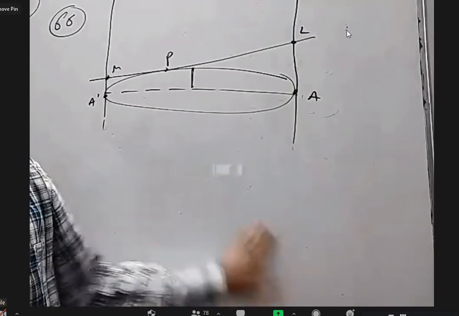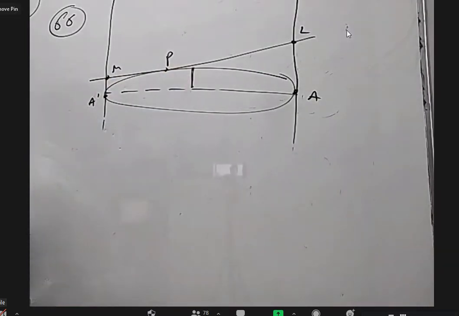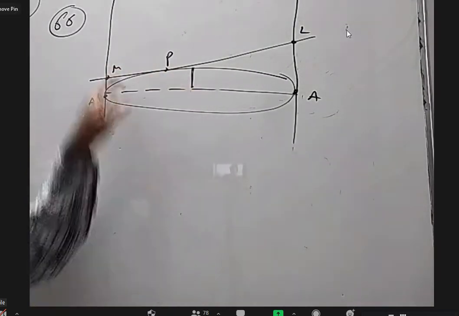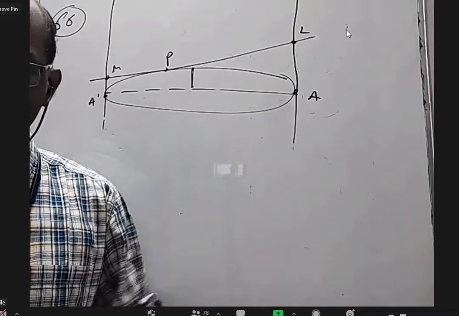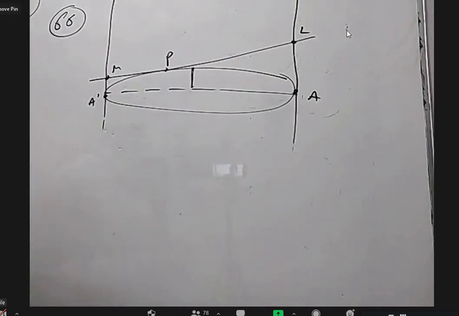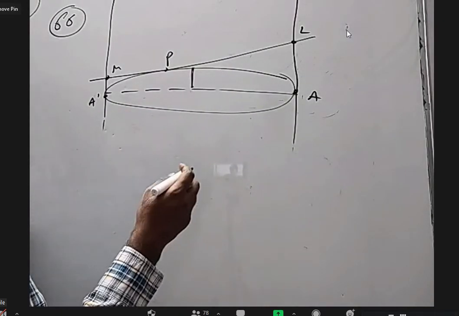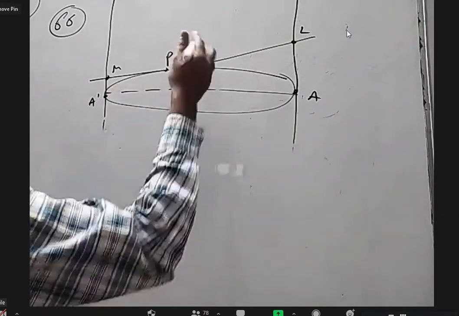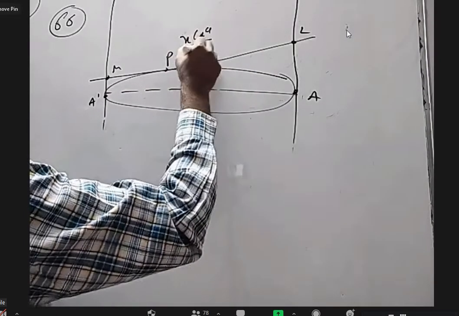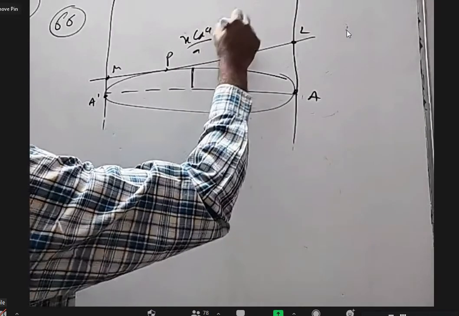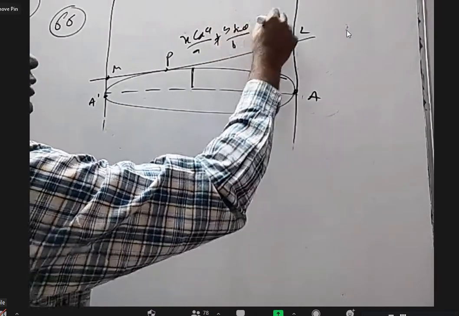So the question may be very nice, but somebody worries about who will prove all that. They will take the horizontal tangent, B into B, B square, done, right? But how to prove it? You take a general tangent, any one of them. Let's say I'll take x cos theta by A plus y sin theta by B equal to 1.